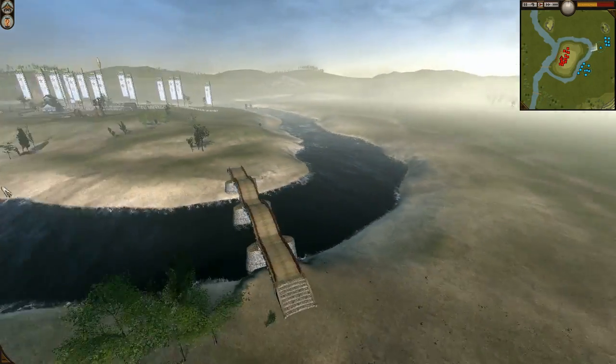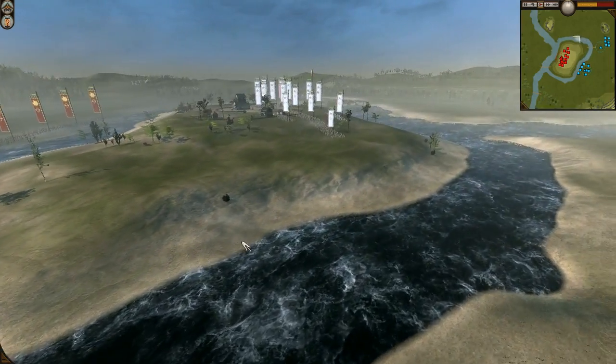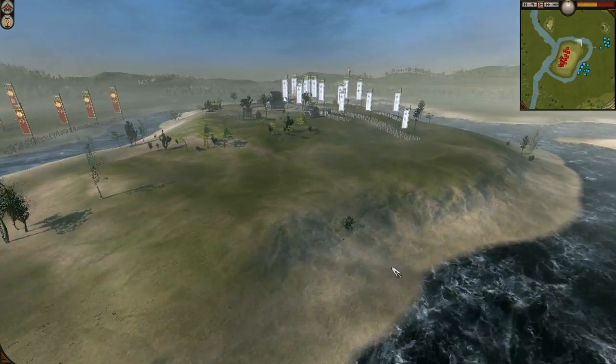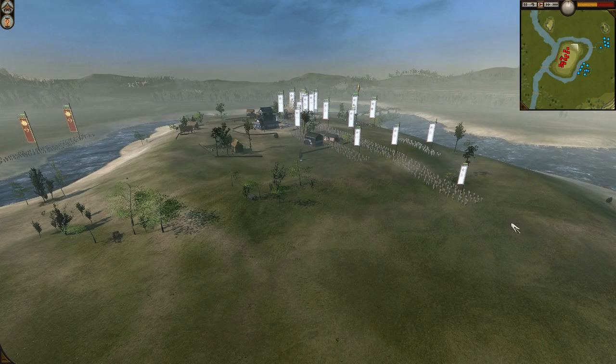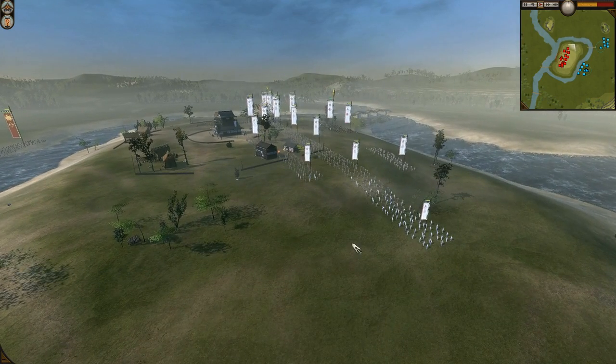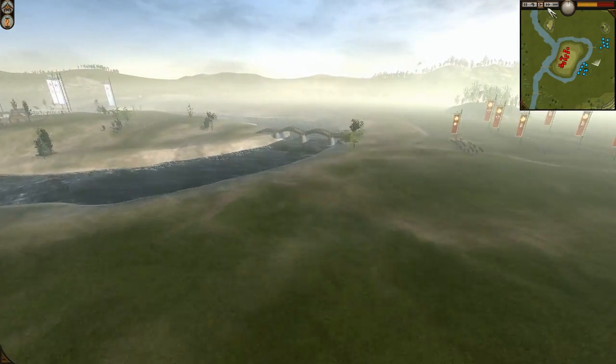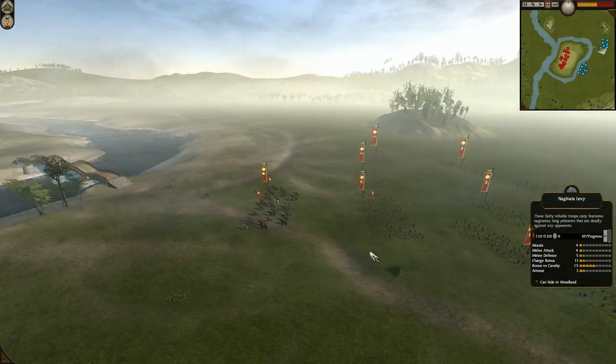In addition, a small detachment will be sent to approach from the north via the bridge and this ford here, and that's simply to keep the flank pressure up. It'll also give us a good place to charge in the event of when we do finally decide to engage. Now, I'm just going to speed things up a little bit because it takes a while for our secondary army